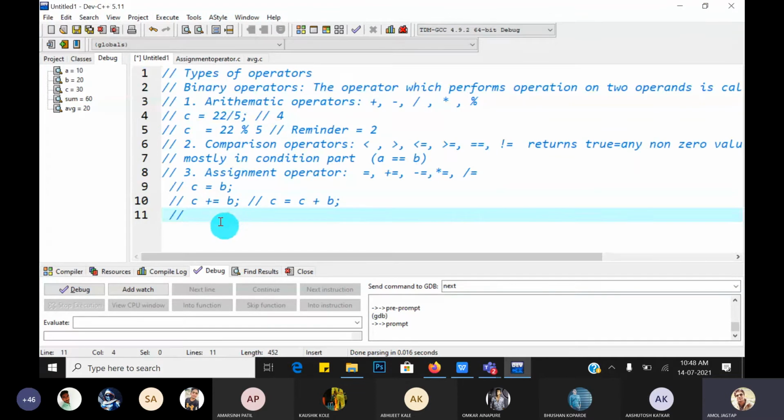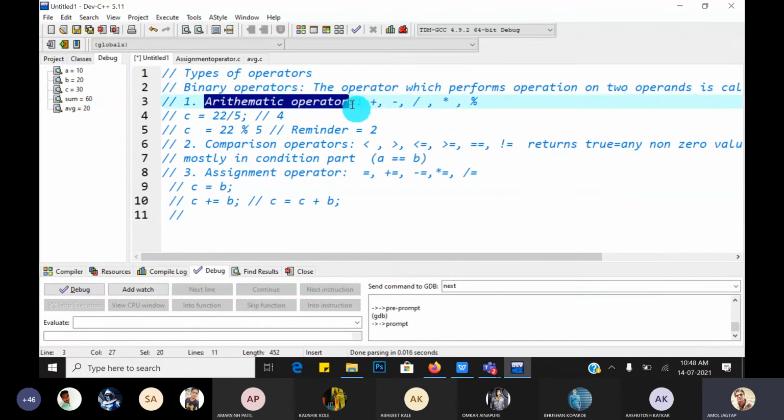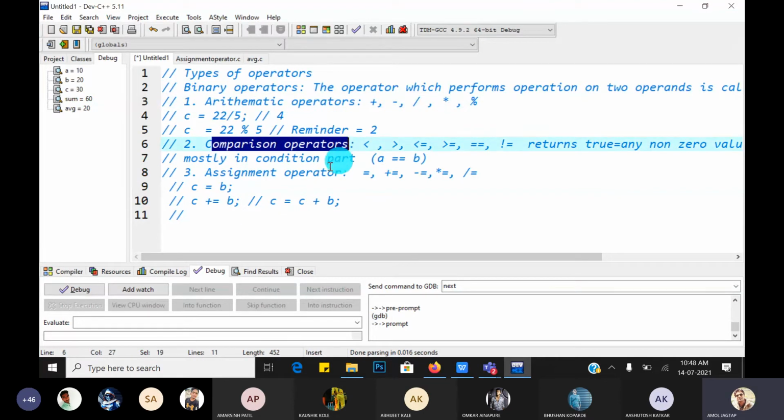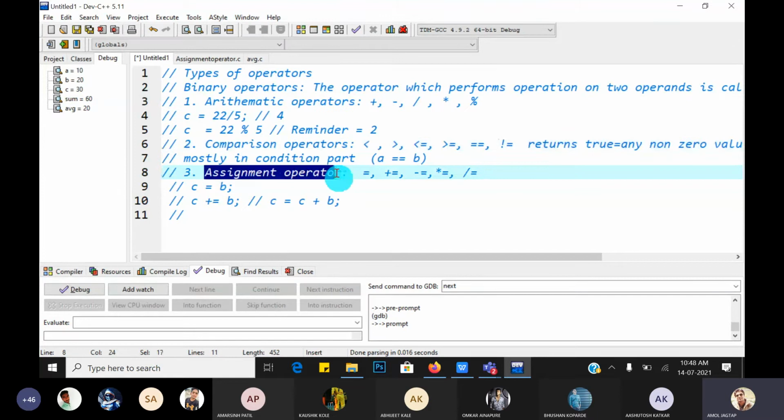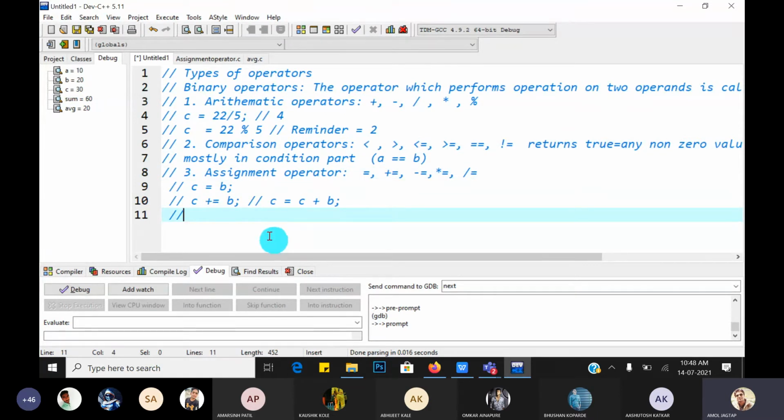Next, move to the next type of operators. We have explained binary operators: first arithmetic operators, then comparison operators, then assignment operators. The fourth type of binary operators is called logical operators. Which are the logical operators?